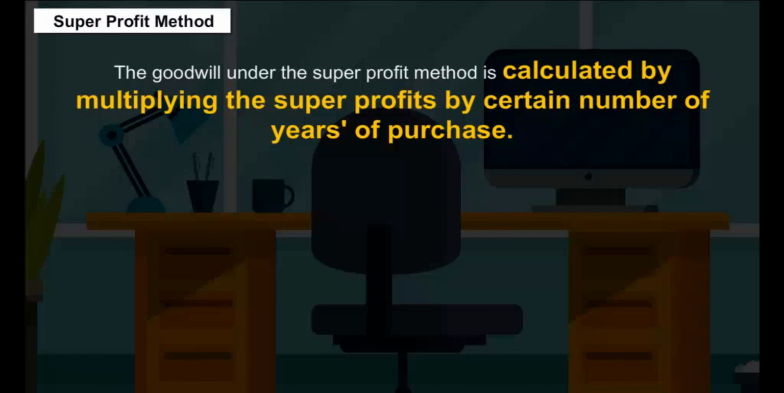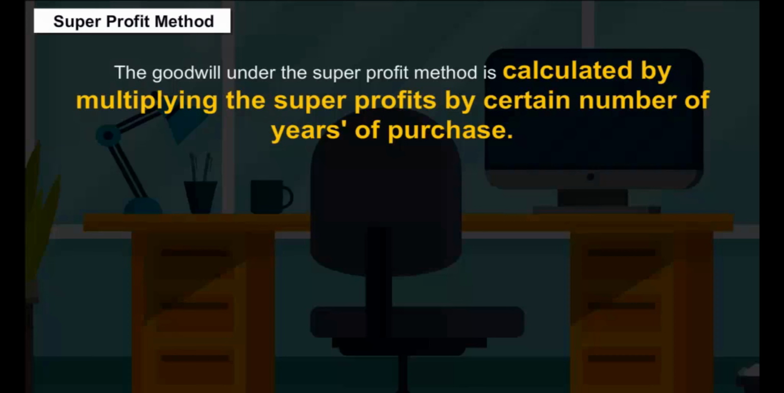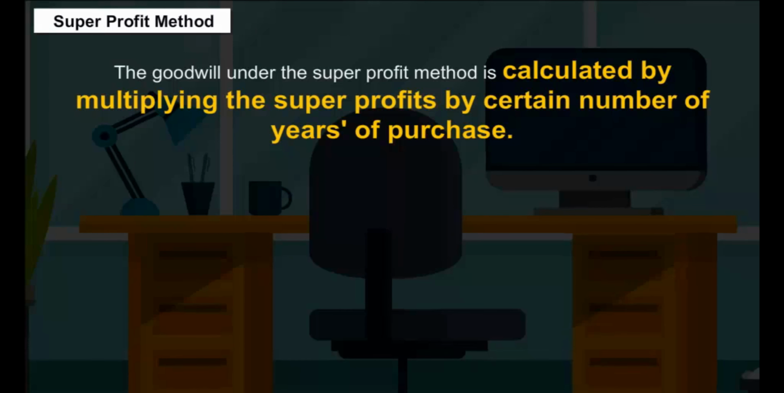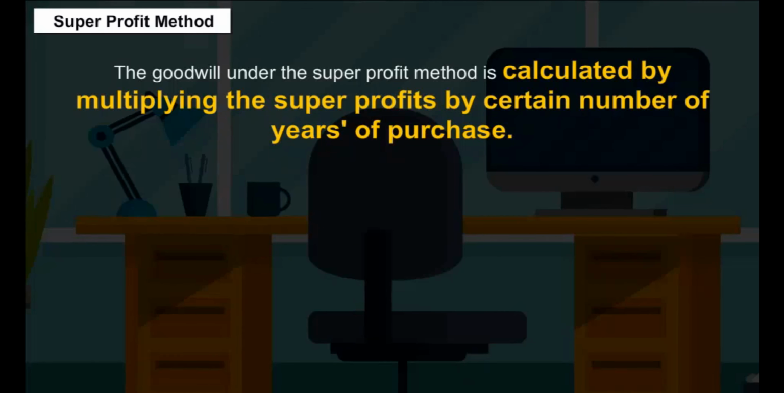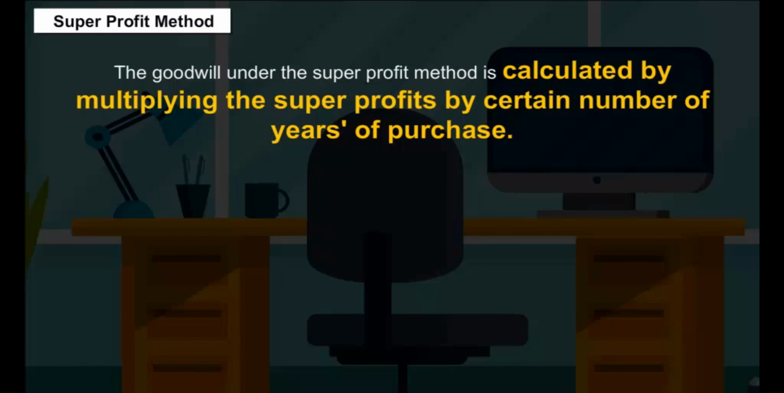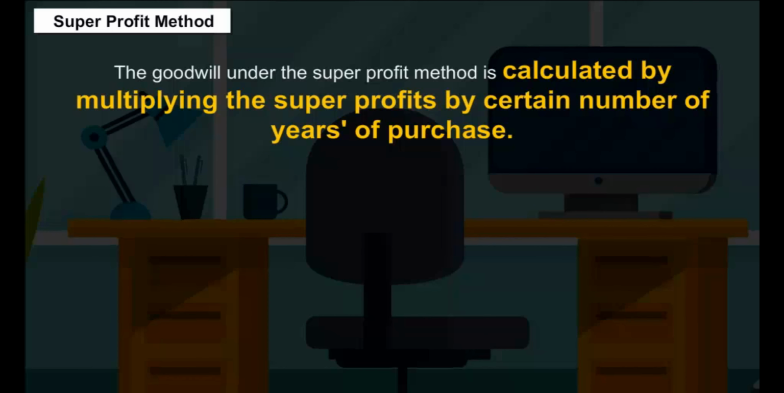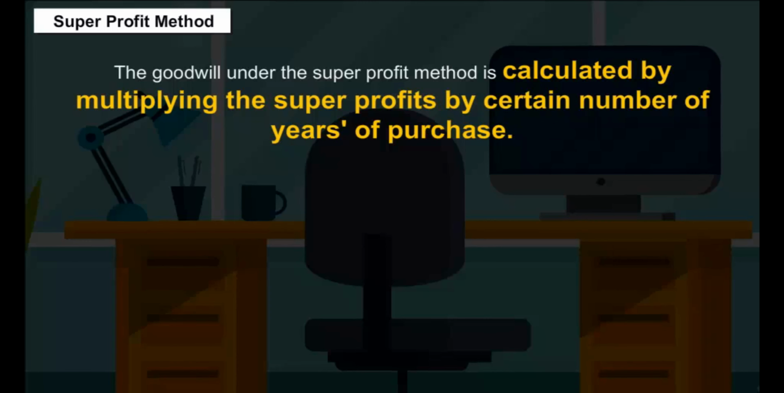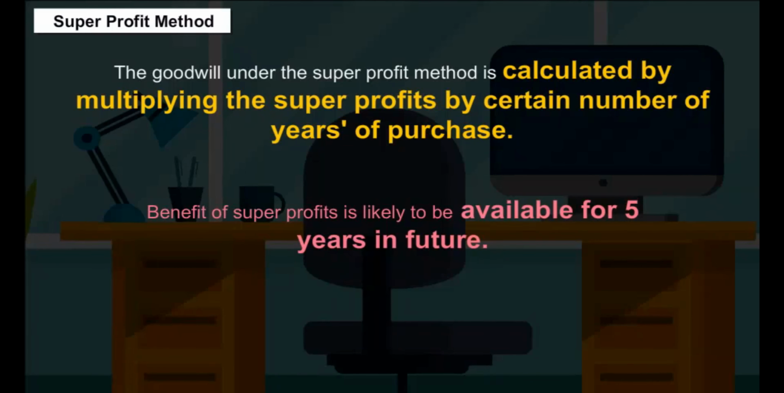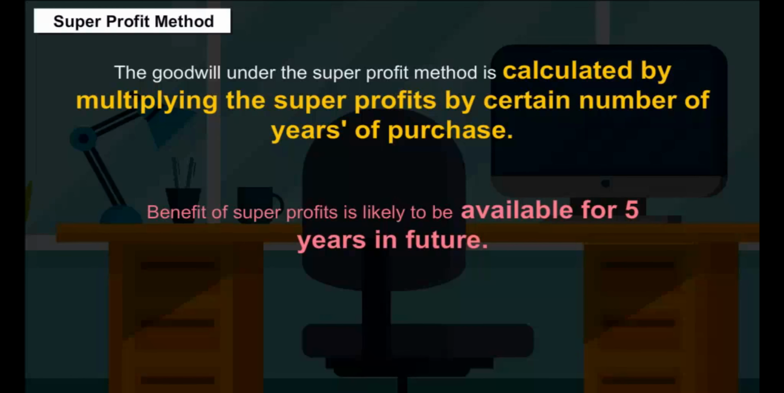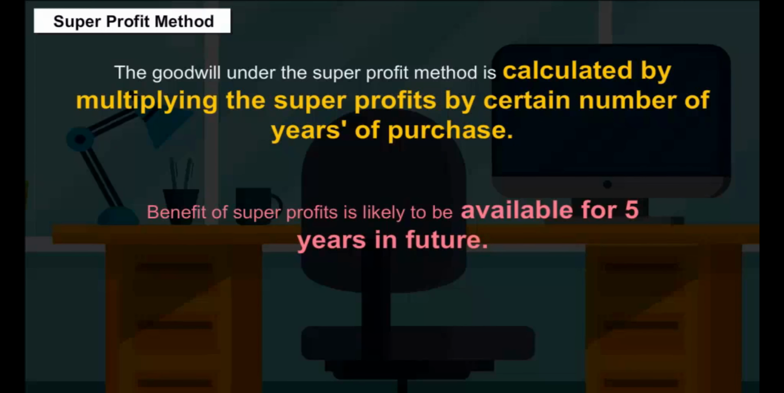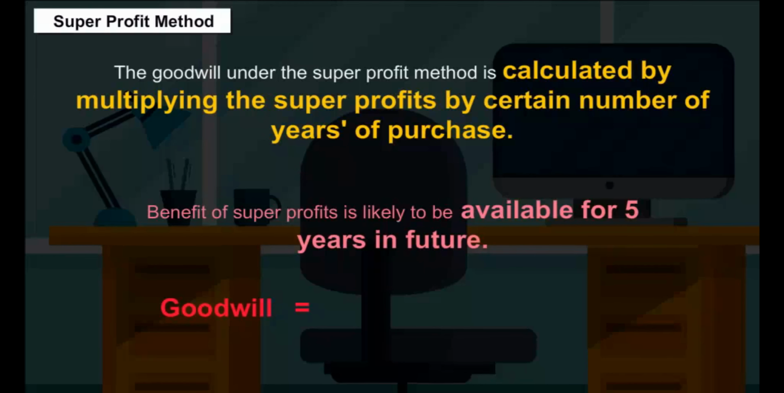The goodwill under the super profit method is calculated by multiplying the super profits by a certain number of years of purchase. If, in the above example, it is expected that the benefit of super profits is likely to be available for 5 years in future, the goodwill will be valued at